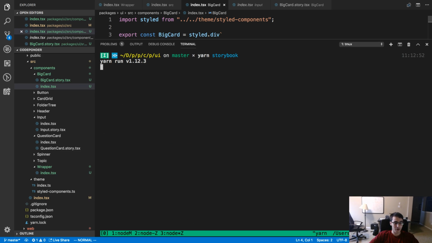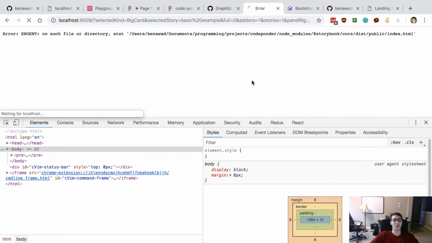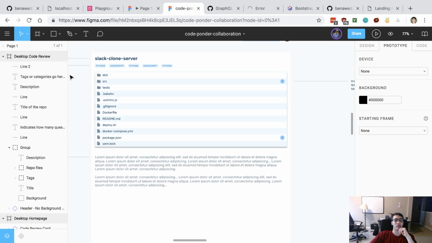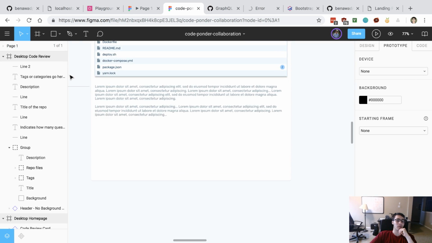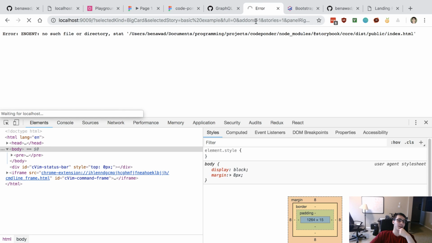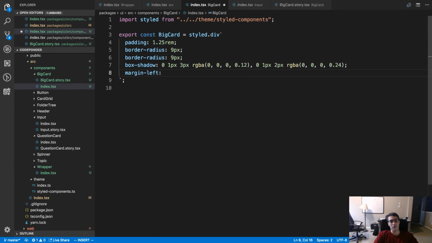Alright, so just restart that. Something went wrong there. I think our card was looking pretty good though. I don't know if there's any other changes I needed for it, just for this. And then we can also create a header at some point as well. Margin left and right to auto. Actually, we can just say